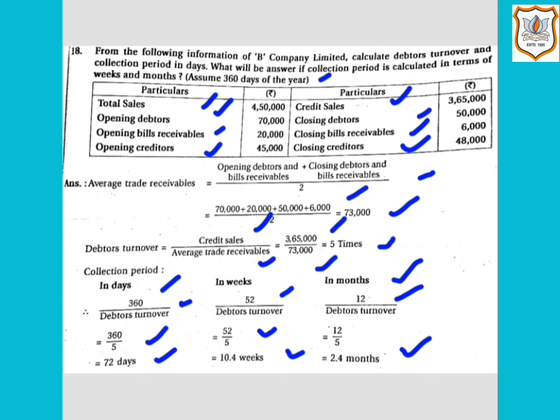So here, debtor's turnover ratio indicates economy and efficiency in the collection of amount due from debtors. Or we can say that this turnover shows how quickly the collection is converted into cash or cash equivalent. The higher the ratio, the better it is, since it indicates that debts are being collected more quickly.